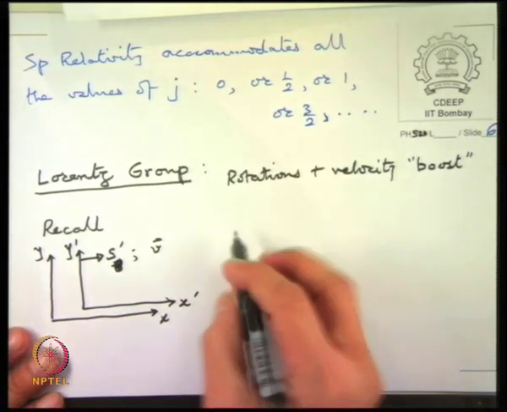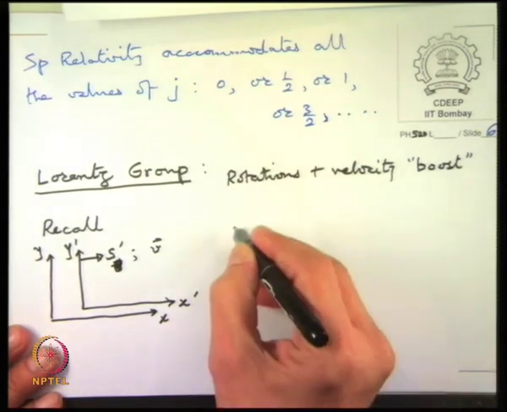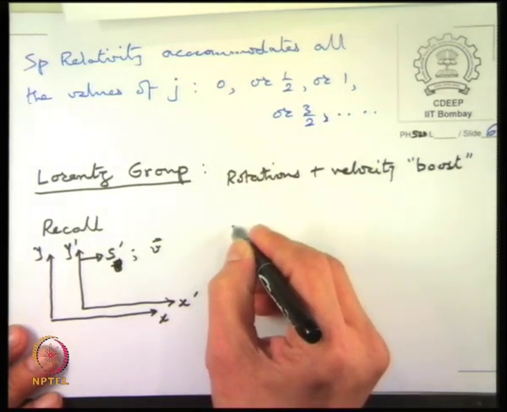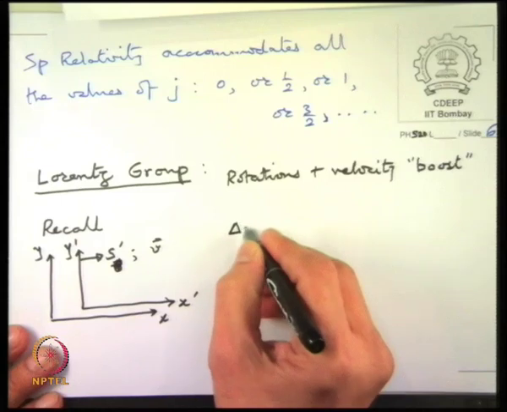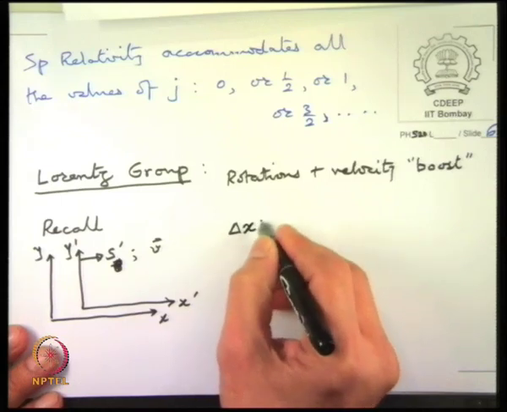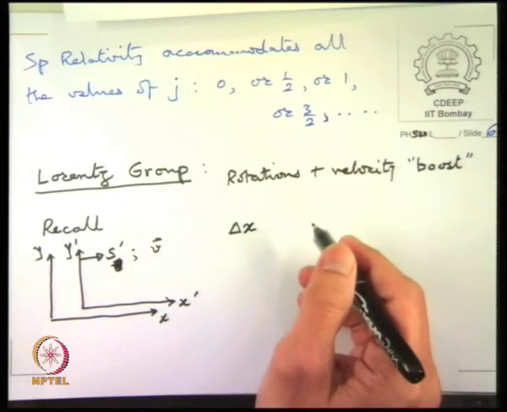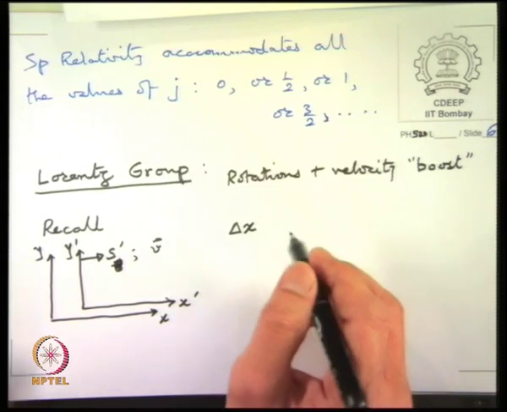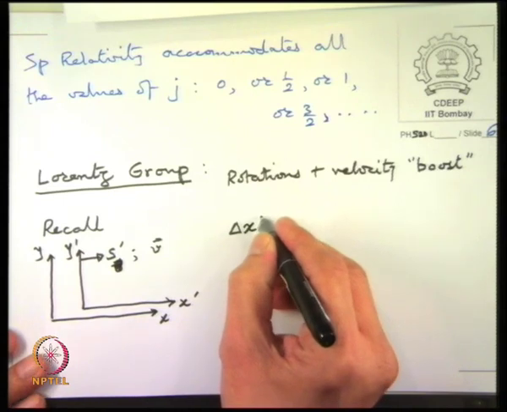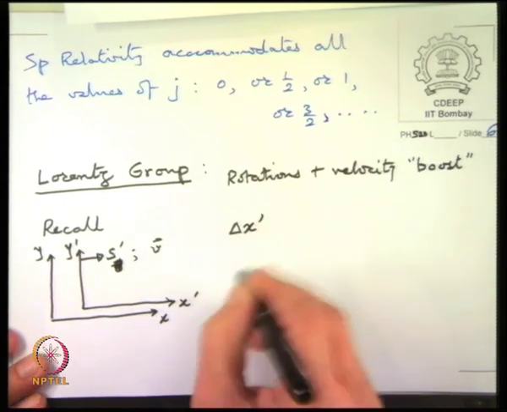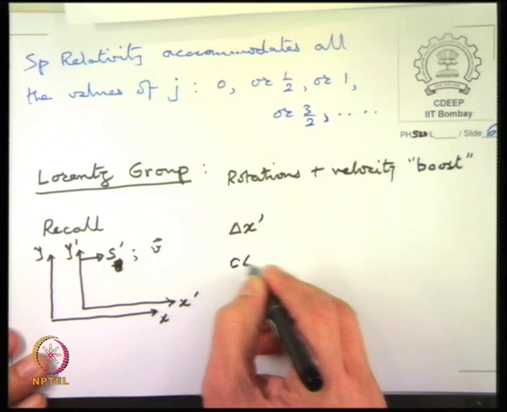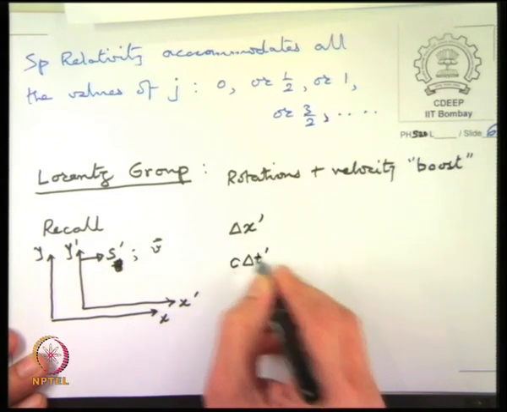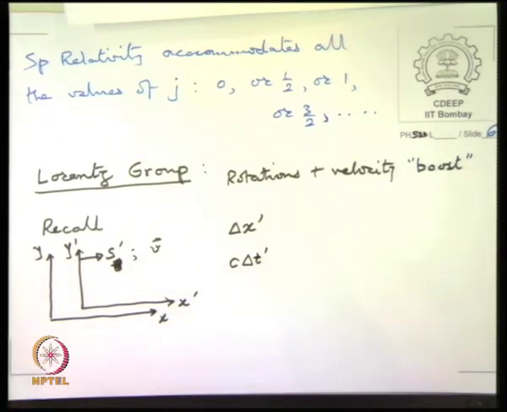In this case we say that the transformations are, and note that I am going to write differences of coordinates. It's sometimes confusing if you write x and t. It is more correct to write delta x prime and c delta t prime. So the transformations are on differences of coordinates. Origin should not